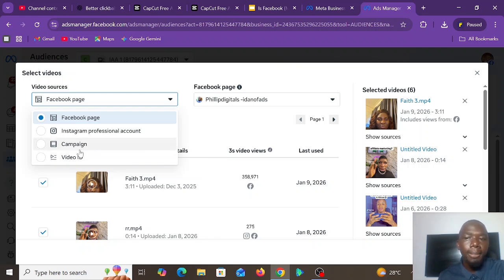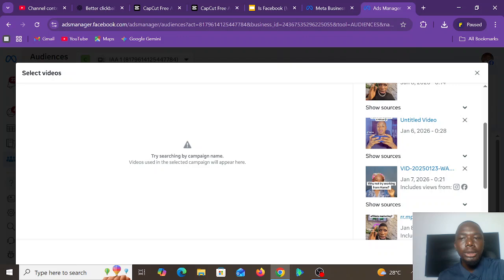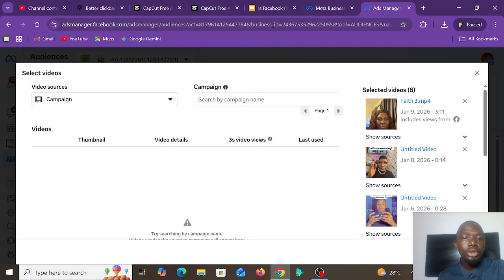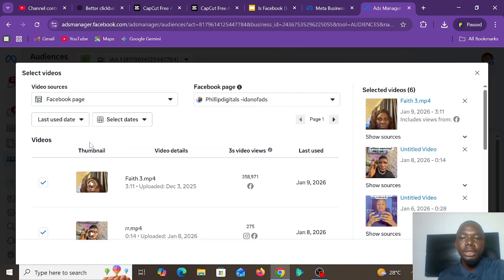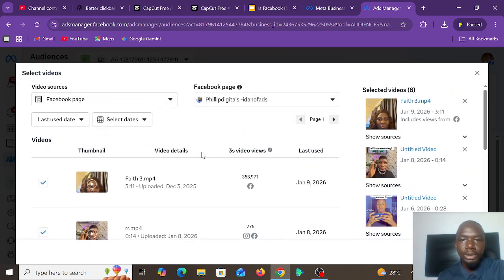Campaign is for when you are running a particular ad and you want to retarget people who have viewed 25% of that video. You can choose campaign. It says videos used in the selected campaign will appear, but it's not really showing. So just choose Facebook page, since the video is going to be on your Facebook page, right? So just choose that.